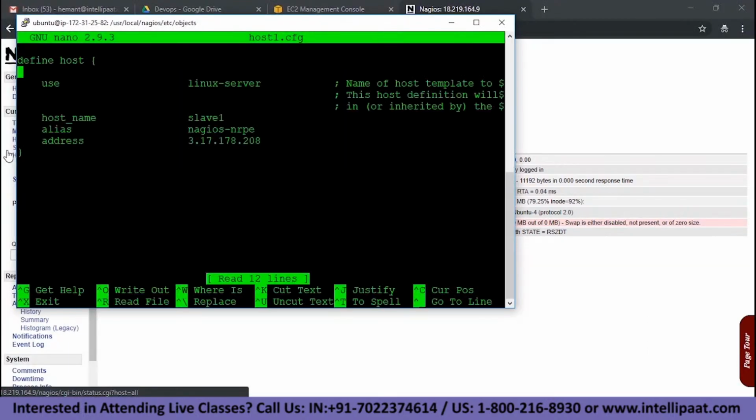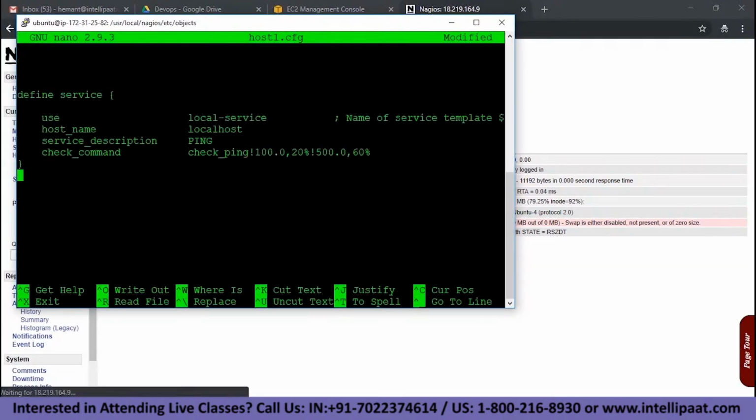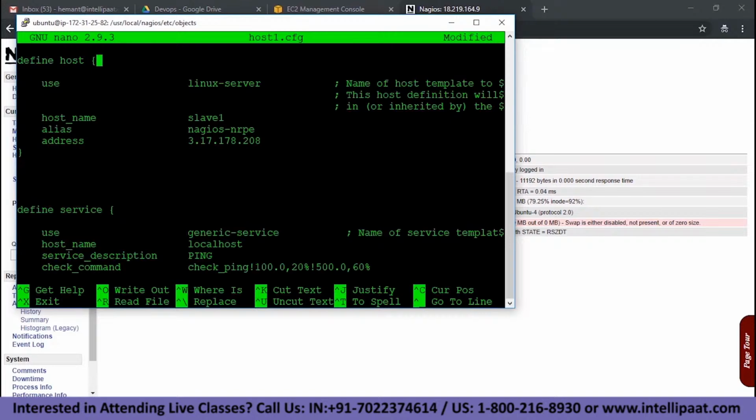Right, and I'll paste the service over here and let's make changes to the service now. So this is the service. Now we want to use a template for the service. Let's say it's not a local service, I'll say it's a generic service. There's a template for generic service inside templates.cfg, you can have a look at that. The host name for this service would be the same as the host name for your host. So the host name for my host